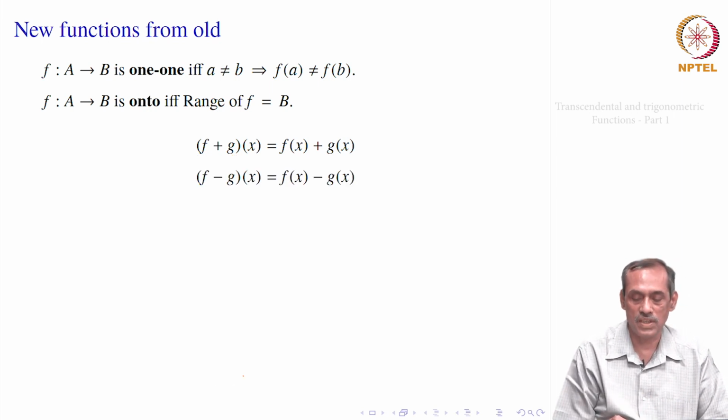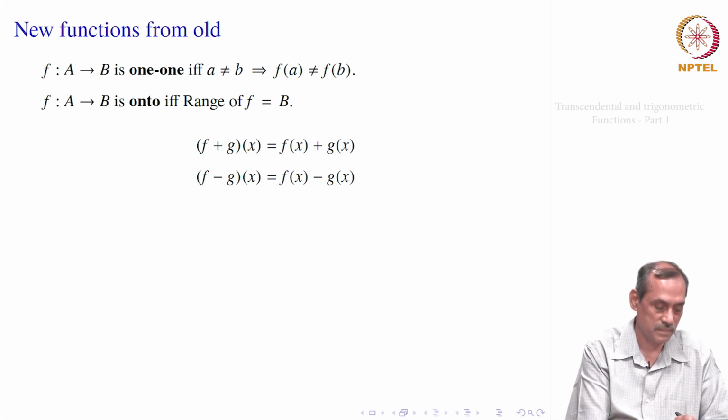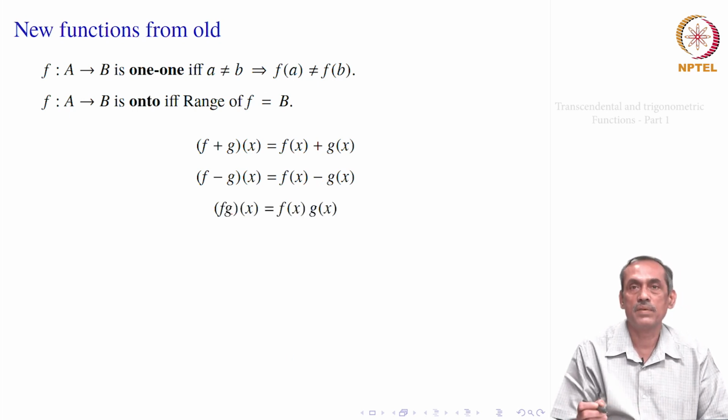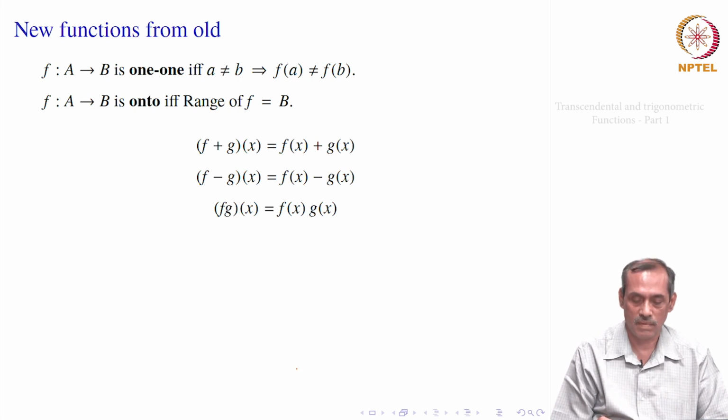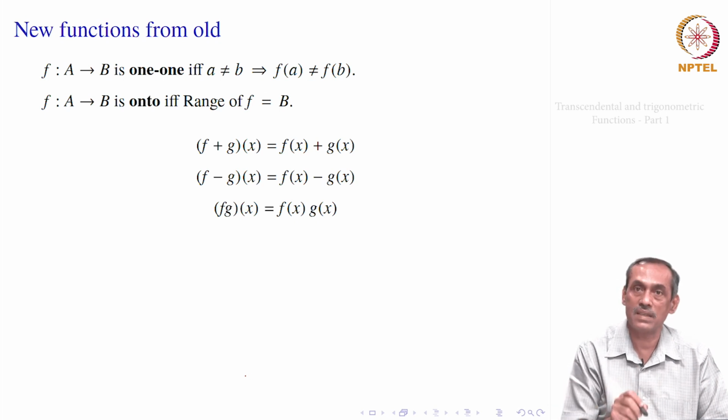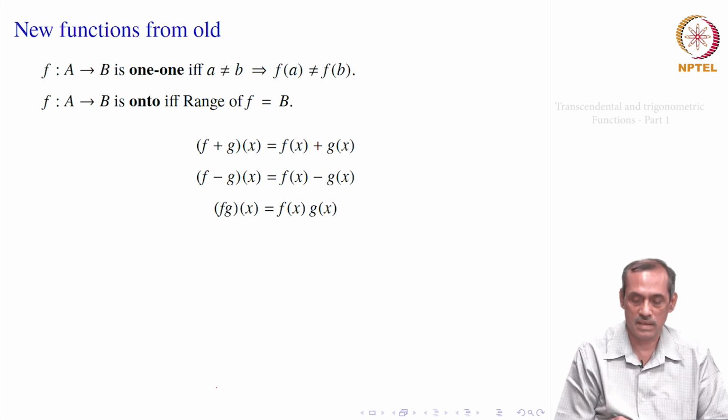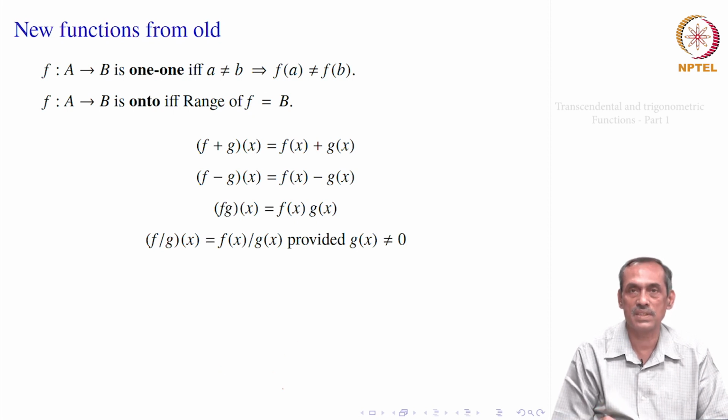And when you take f minus g, it is again the minus sign on the other side. Similarly, you can have another function which is f times g, f g let us say. So, f g of x equals f x into g x. Like x is a function, f of x equal to x, the identity function. You take another copy, say f of x equal to x, then f into f becomes x square. That is an example of this. We can also define their division, say f by g at x will be f x by g x, provided g x is not equal to 0, because we have to take care of division by 0.